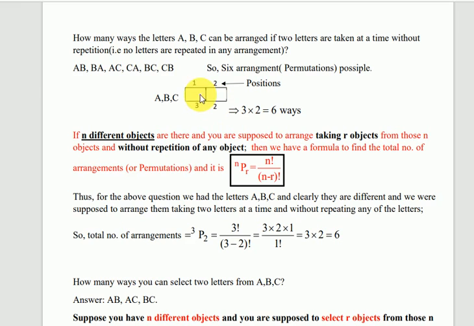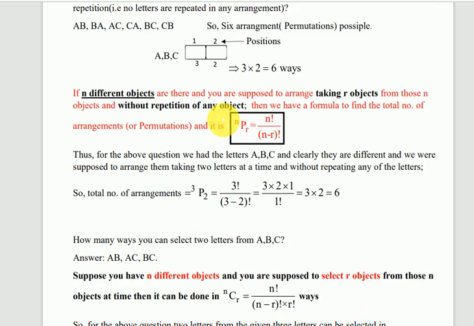All the time you don't have to write all the possible arrangements, and it is not possible either. Right now we had three letters, so it was possible for you to write down all the arrangements. But just imagine that you have got 10 letters and from there you are taking 4 at a time. Then it will be a bit difficult for you. So we have got a formula for this. Let us see this.